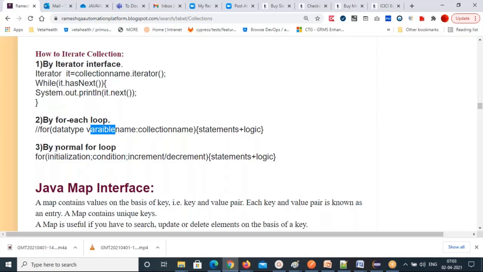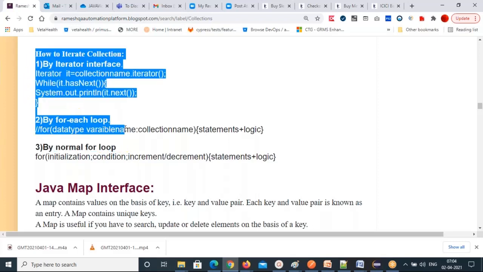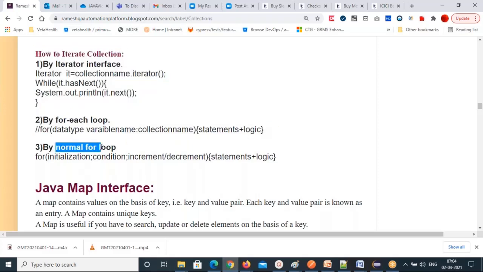And the third one is the normal for loop. You can use the normal for loop only for list collection. These two you can use for both list and set collections, but the normal for loop can be used only for list collection. Why can you not use it for a set collection? Because set doesn't work based on the index, and here you are specifying the index number.